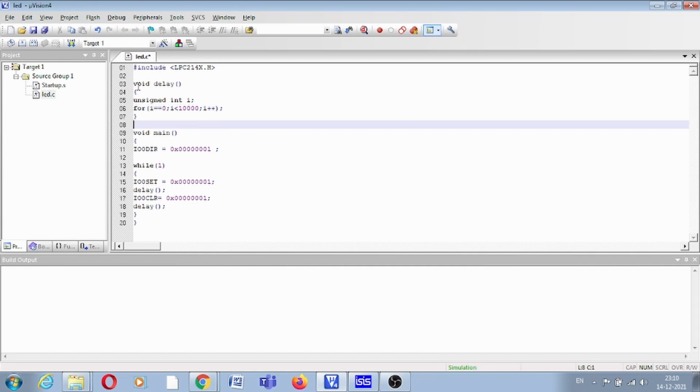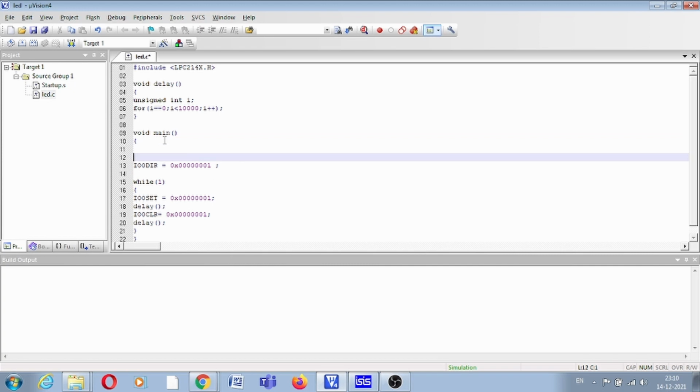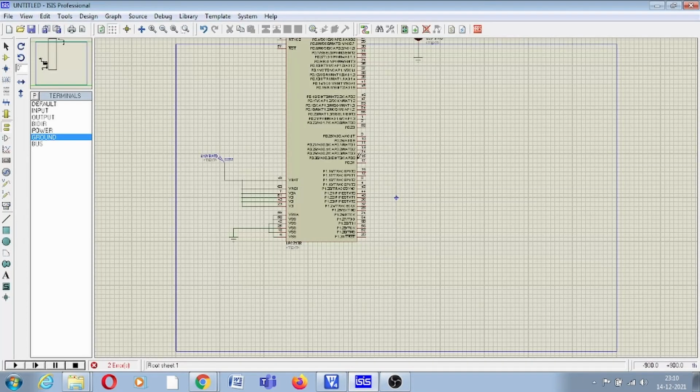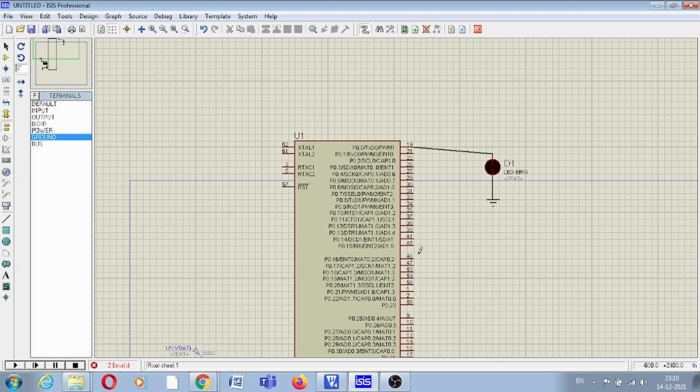So this is how you can define delay. This is main. And one more thing you have to specify is that these pins are actually GPIO, right? Because I have already discussed that all the pins have multiplexed functionality.